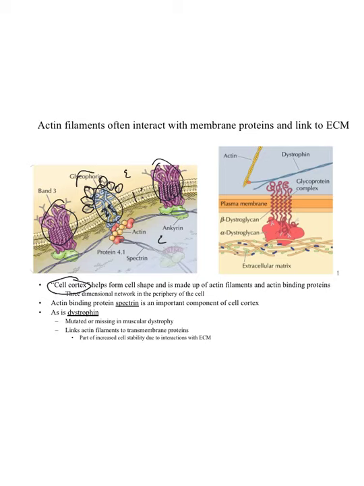What's not shown in this cartoon on the left is the extracellular matrix, but I'll kind of draw it here. Extracellular matrix is there, and these integral membrane proteins, some of them anyway, are also interacting with the ECM. We talked about how that helps to provide a little extra stability for animal cells in a previous lecture. Well, here's what actin is doing on the inside of the cell. Notice that a filament of actin is shown here. I've just kind of colored it in. And there are some binding proteins, the red ones,